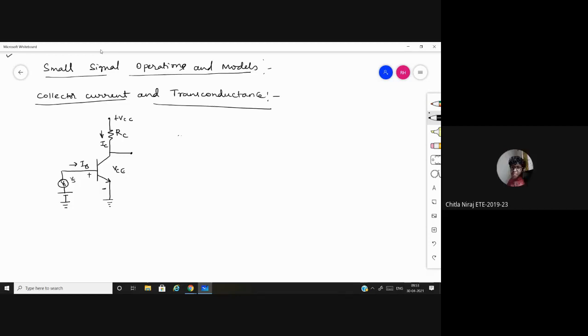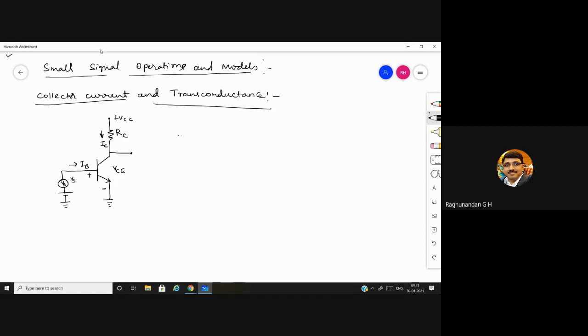Can you repeat, sir? On what basis can we tell it is an amplifier circuit, or this transistor is going to act as an amplifier? Common emitter configuration, sir. Yes, this is in common emitter configuration. So this will obviously act as an amplifier if you properly bias the transistor by using plus VCC.